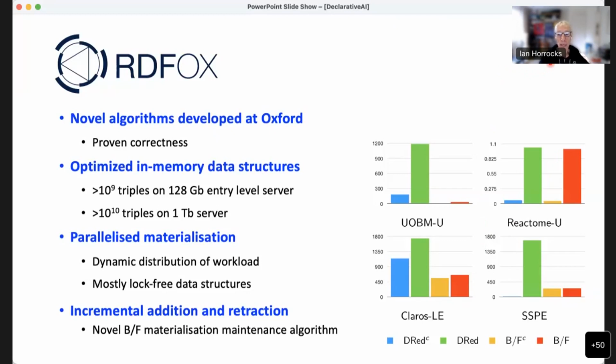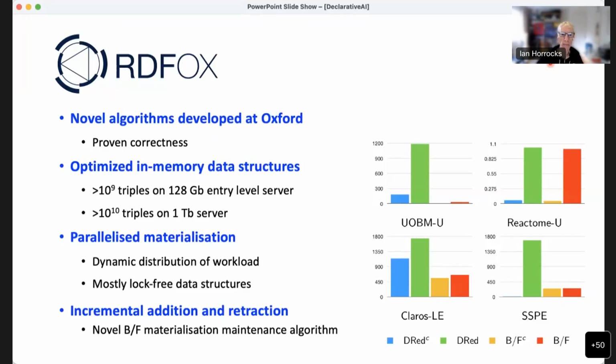The way this works is that when you retract something, it has a deletion phase, which uses some sort of backward chaining through the rules, but it does over-deletion. And then it rederives any facts for which it can find alternative derivations that don't use the deleted fact. The problem with that algorithm is that this deletion phase can sometimes be overeager, it deletes too much,